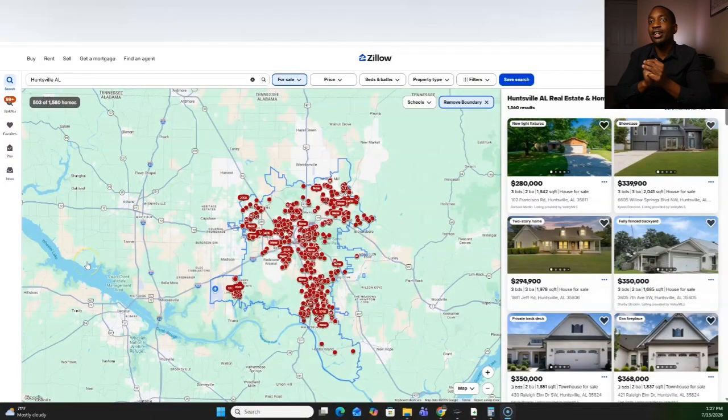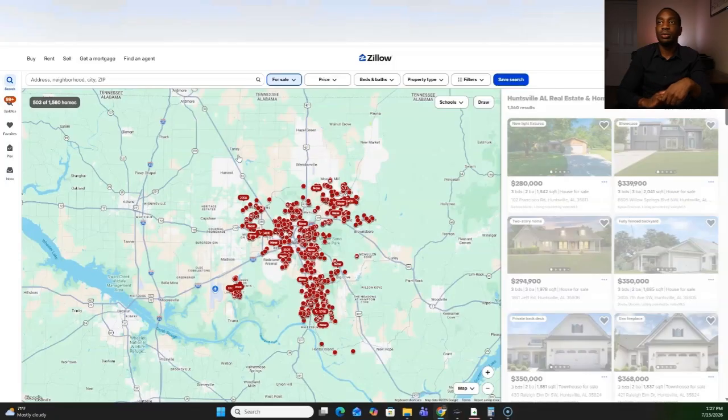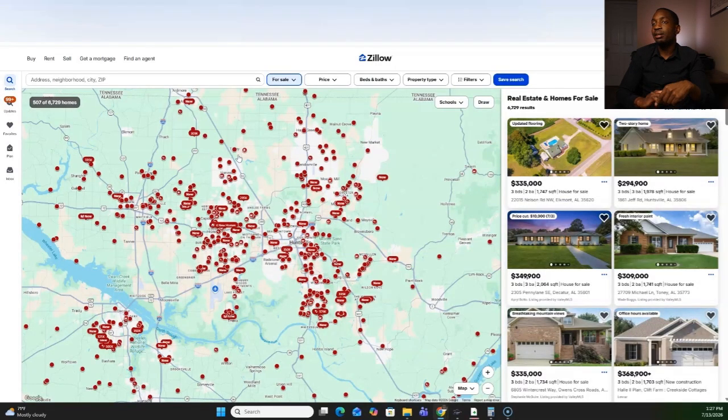All right, so I'm here on Zillow and I'm in Huntsville, Alabama. So the first thing I'm going to do, I'm just on for sale, and then I'm going to actually expand it more because right now we have around 1,500 properties. I'm just going to click this one off so we can expand it more, because a lot of times when you put in a city, a lot of investors go out right outside that city. So it's good to look at other properties outside that